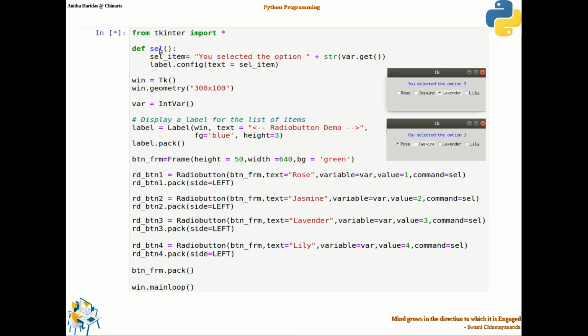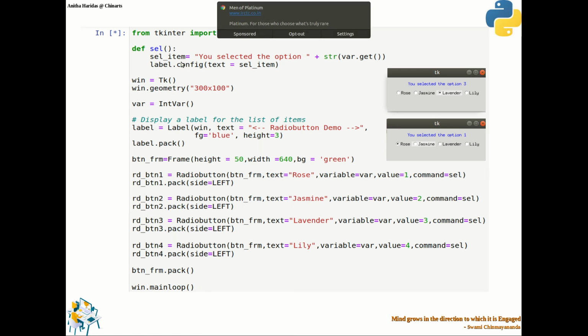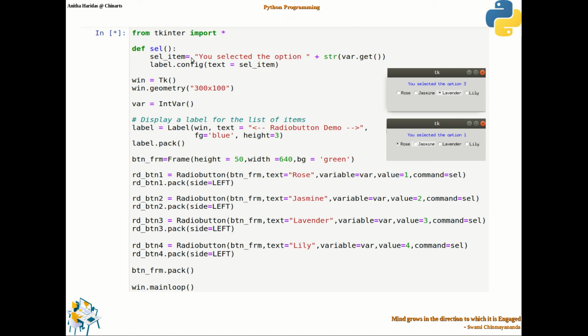Now, if you observe the function, what I do is create a string literal: you selected the option. Whichever variable you have created for the radio buttons, this is the variable I have created for these 4 radio buttons, and from that variable I get the value, convert it to a string, and then configure the text option with this string.